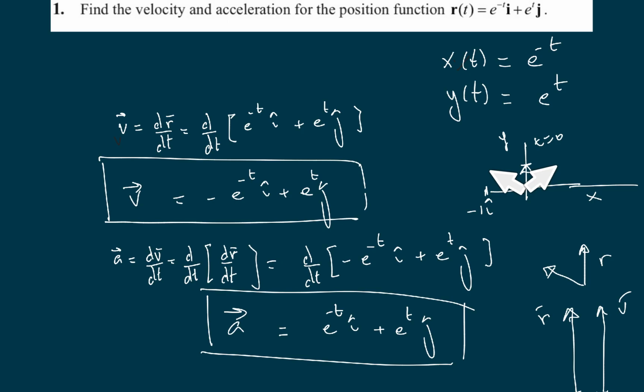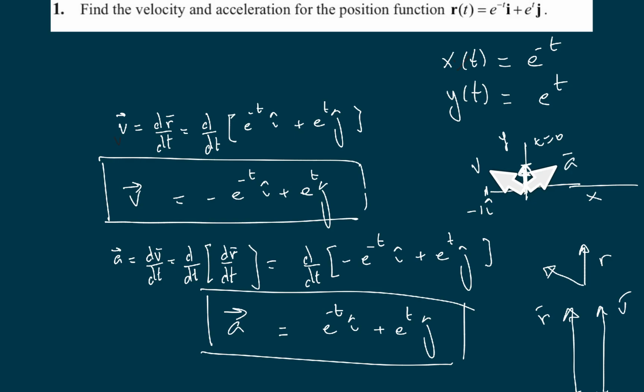So at the initial time t equals 0, this is the acceleration. This is the position, this one, and this one is the vector velocity. It's three vectors that are pointing in different directions. As time goes by, the three vectors are changing, and at the end, the velocity at t very big,